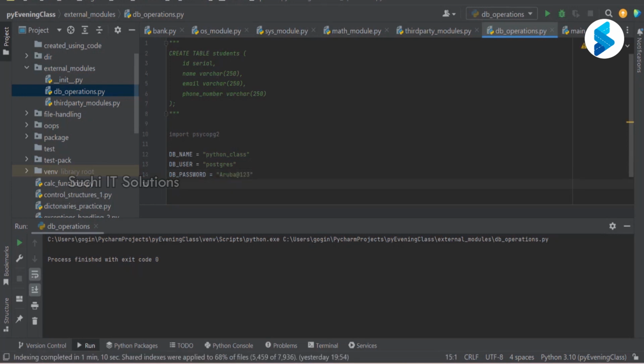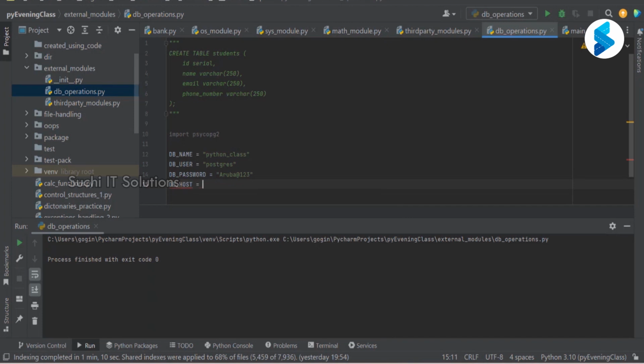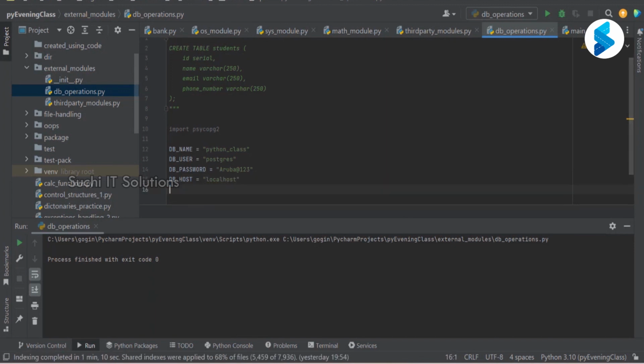Okay. And I want to know what is the IP address. I'm just going to call it DB host. Since I'm going to connect to the local, I'll be using localhost. And what is the port number? We have 5432 as a port number. So first, we need to have all of this information. Now, connection is equal to